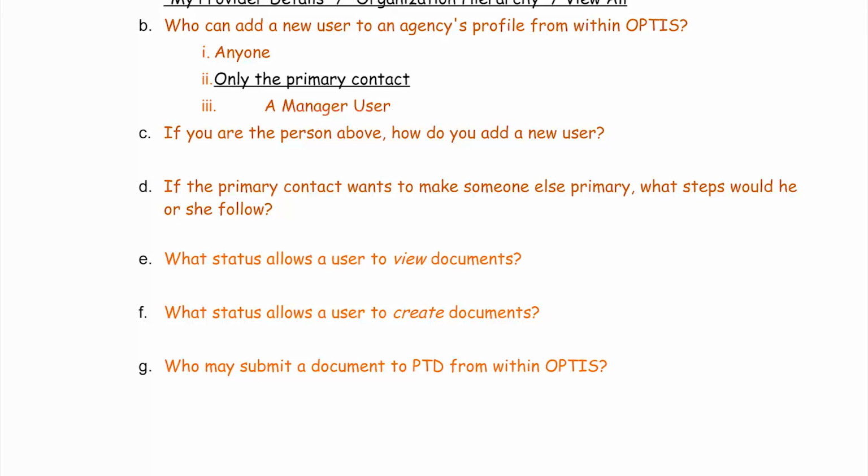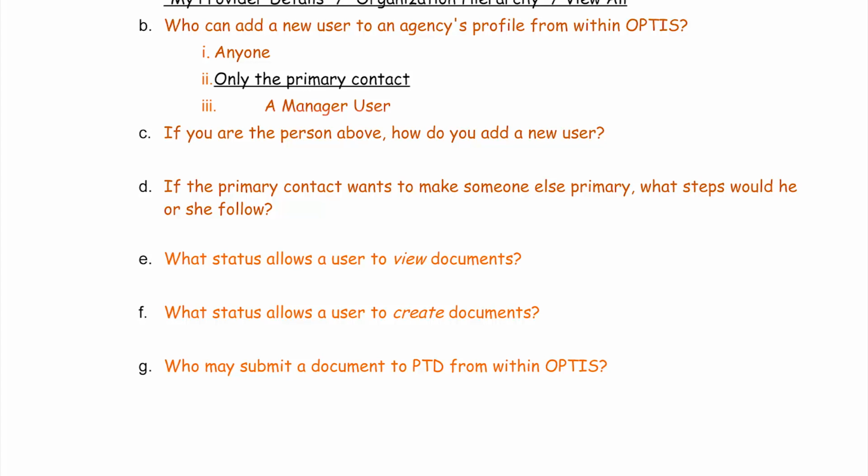Users, provider register details. Maintain office information, and then you go down to the bottom of the... No, you're talking about how to change the primary contact. Where you go to the bottom of that screen and use the drop-down menu and choose somebody? Isn't that the same place where you maintain your provider information? It is, but that's not where you would add a new user.